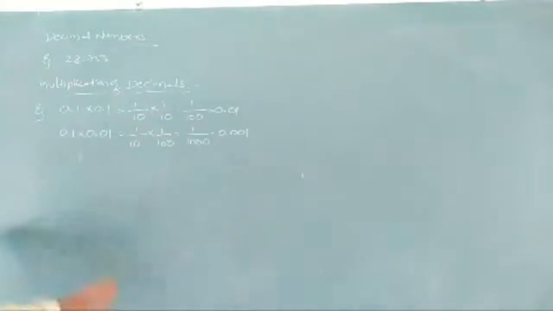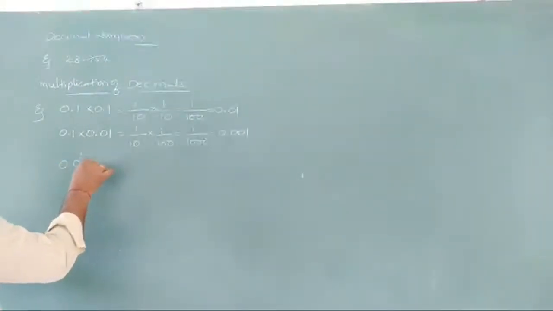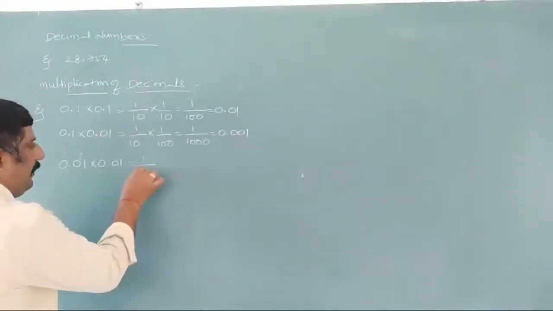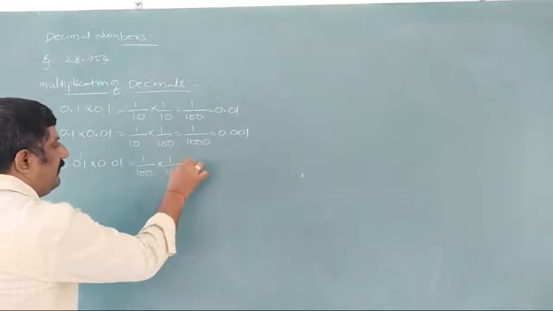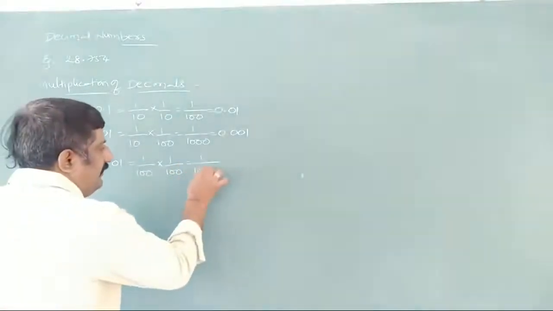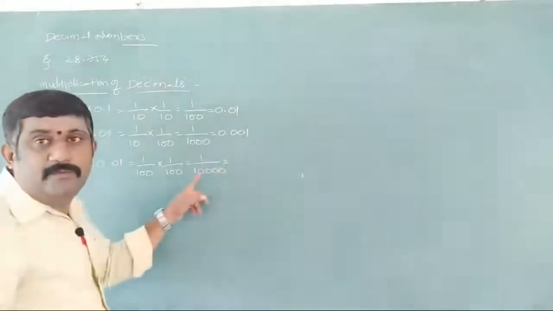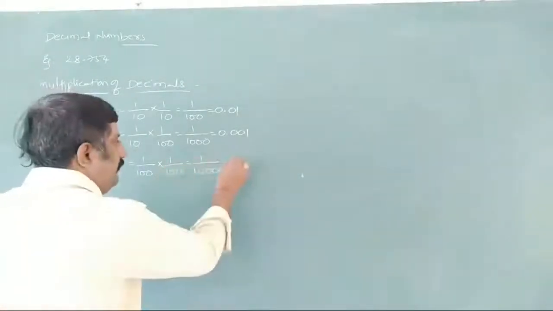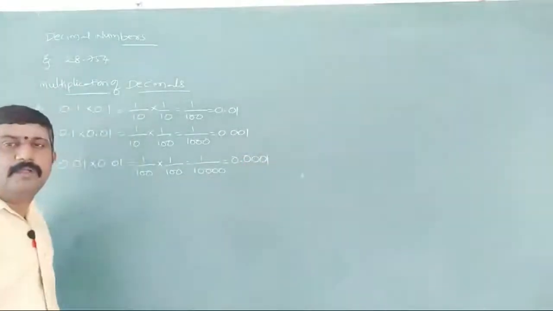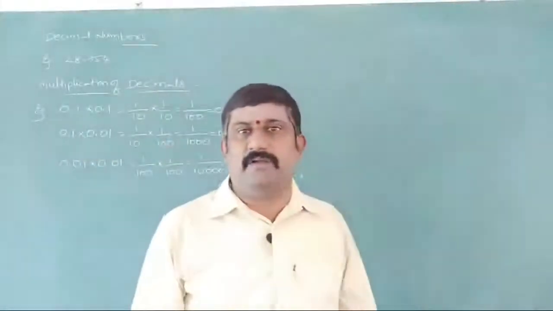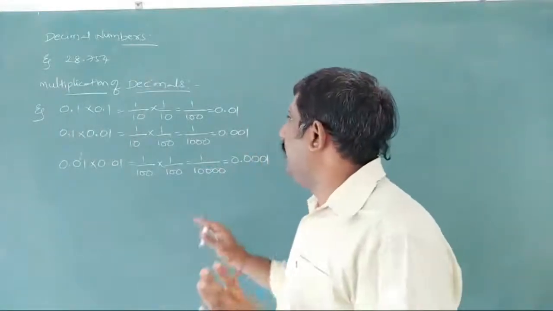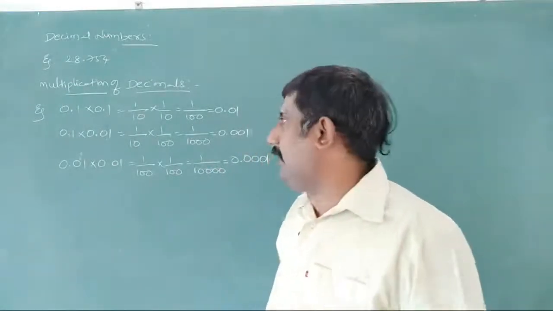Now observe one more example I am going to take, 0.01 into 0.01. Nothing but 1 by 100 into 1 by 100, which is 1 by 10,000. So we write 10,000 here, with 4 zeros, so 4 places we will get here: 0.0001, with the 1 left here. So like this we can do multiplication of all of these. But how are we going to get it directly? Simply, I am going to tell you about the direct method.